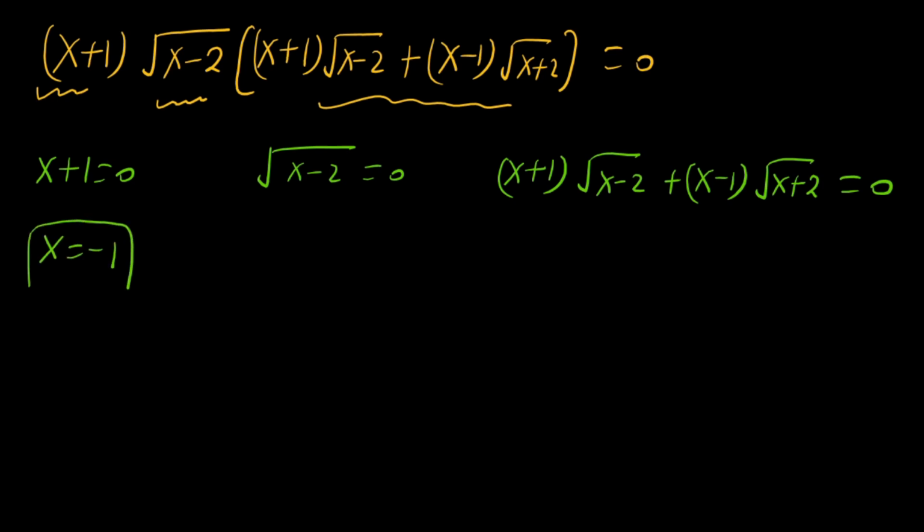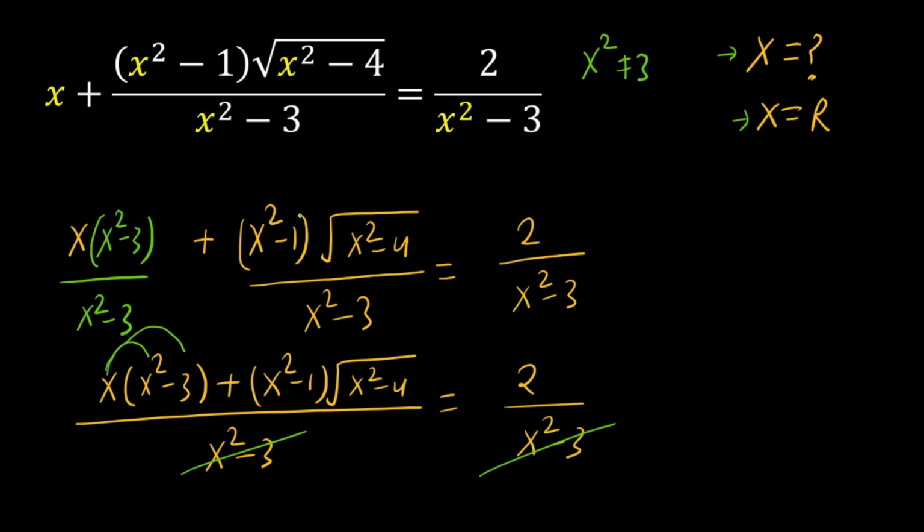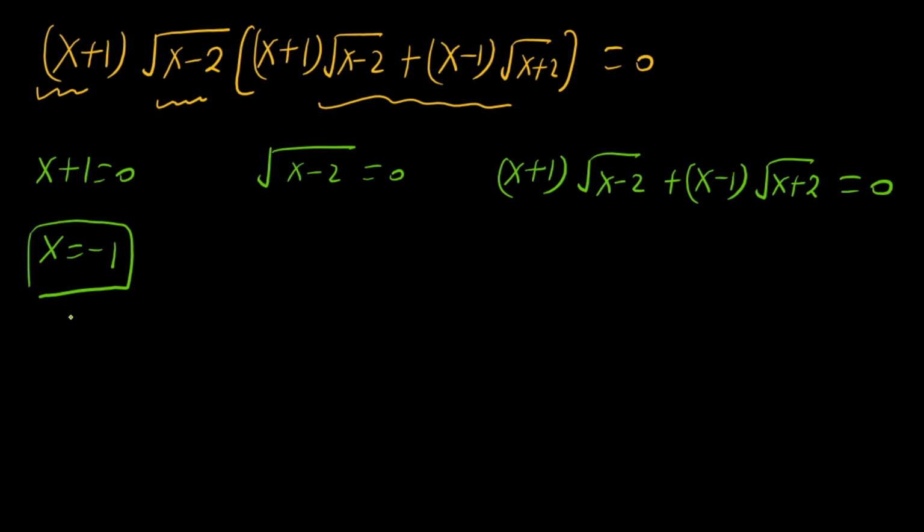But look carefully, the given expression is this. If this x is replaced by minus 1, then minus 1 squared is 1, and 1 minus 4 is minus 3. So inside the square root is minus 3. This is not a real number. So x equal to minus 1 is rejected, because we will talk only about real solutions.